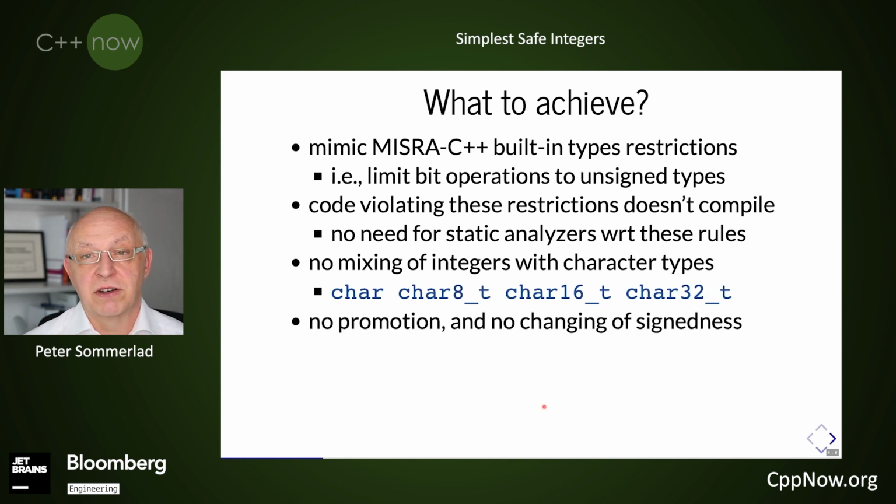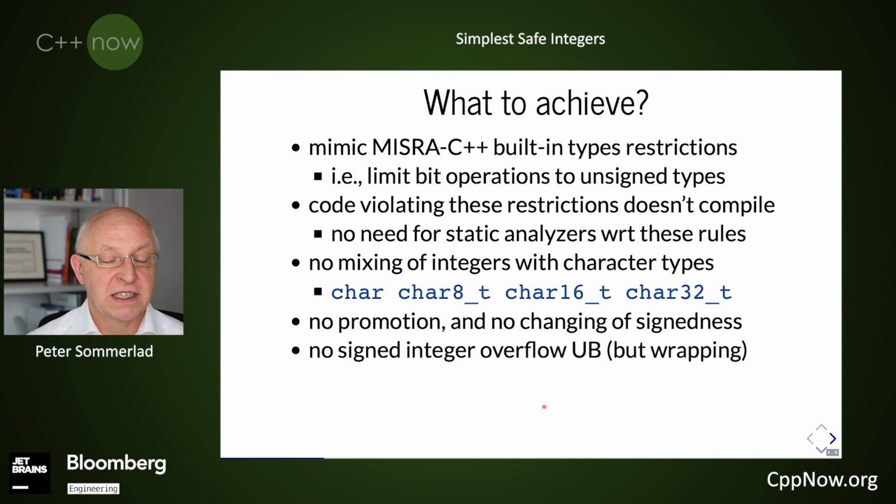A big curse of our current built-in type model is integral promotion, especially since smaller unsigned integer types actually promote to signed integer. So even if you specify your variables with an unsigned integer type, you might end up doing arithmetic in a way that causes undefined behavior, because before the actual arithmetic happens, they are promoted to a signed integer. So my goal is to prevent signed integer undefined behavior, but implement wrapping so that you at least get some results, even if the numerical results are wrong. At least the compiler will not optimize away your code by saying, no, it's undefined behavior.